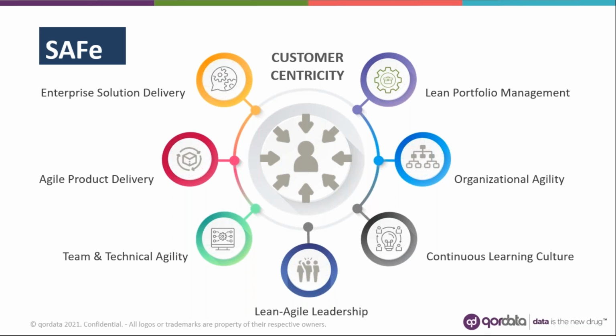Finally, a lean enterprise is built on lean agile leadership. To achieve and sustain business agility, leaders must embody, teach, and exhibit the mindsets, values, and principles that are the basis of lean and agile. Lead by example and guide everyone towards this new way of working using the implementation roadmap as a guide. Together, these 7 core competencies build the lean enterprise and make true business agility possible.